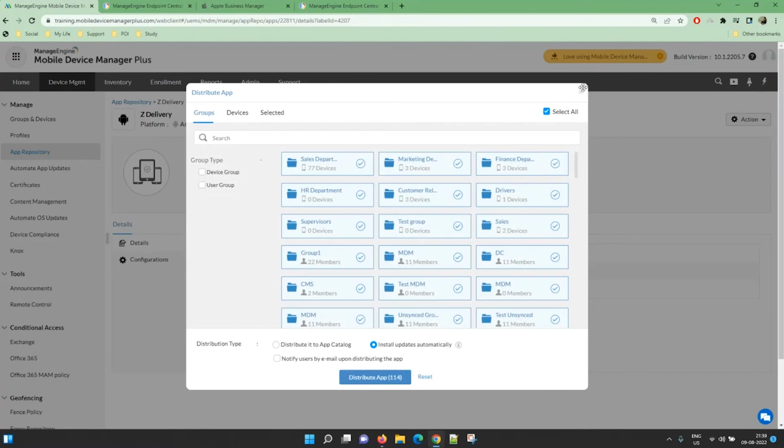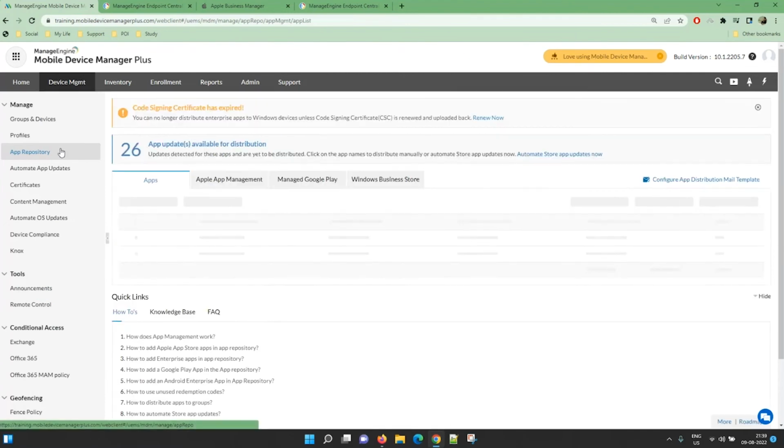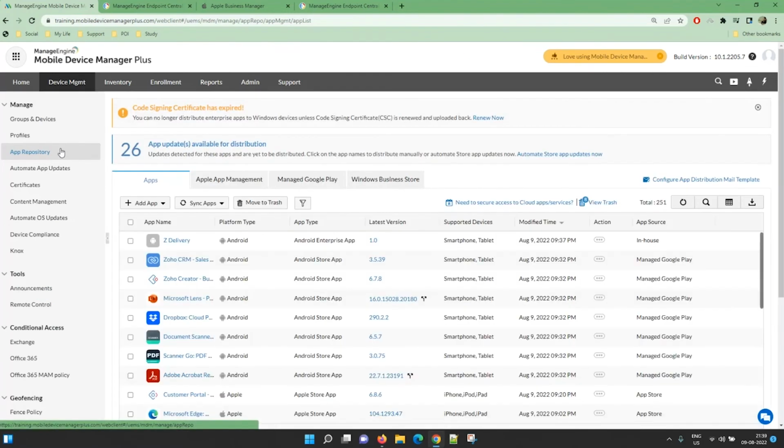Okay. So that's something where I have installed, added the APK, distributed that, and now say after a month, we want to add a few more options for the same enterprise app. We want to introduce a few other options and we have enhanced the app performance and so on. So if you want to update that application, you can just go to the Actions tab, upload new version,